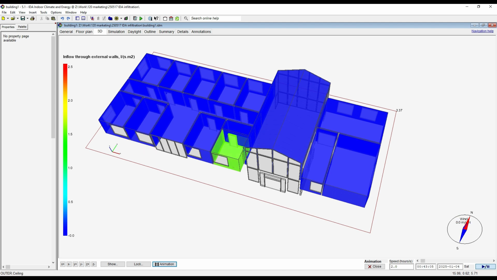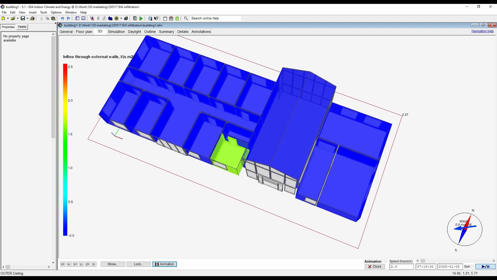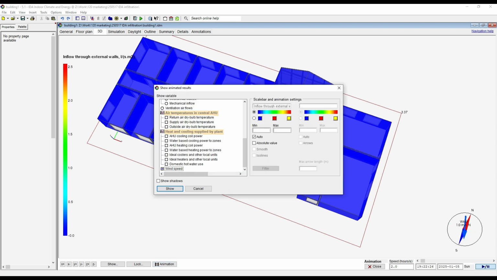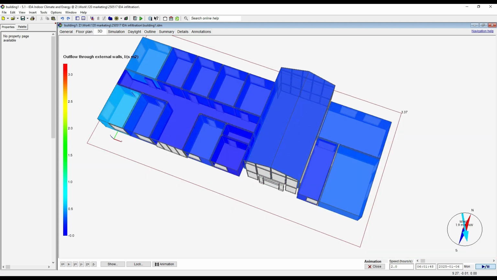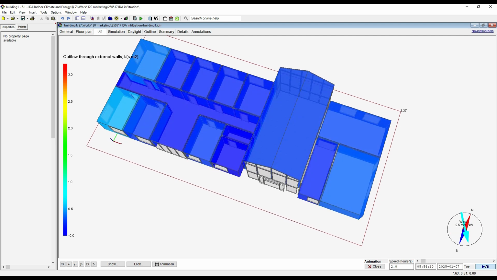Apart from, of course, this outer zone here, which is the kind of intake plenum, if you like, for the inner extract space, this WC. So that seems to be working. Let's try looking at the opposite of this then. Let's have a look at outflow. Okay, there we go. It's a little bit more variable, but essentially we're in fairly persistent outflow. I should probably change the scale a little bit,